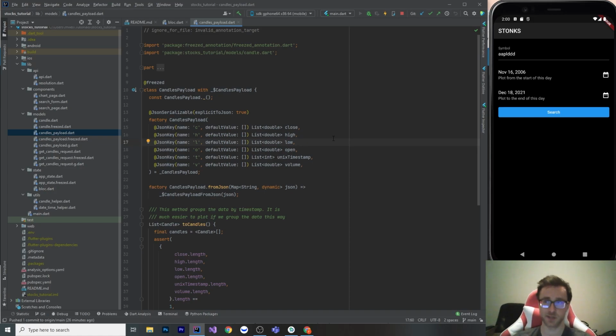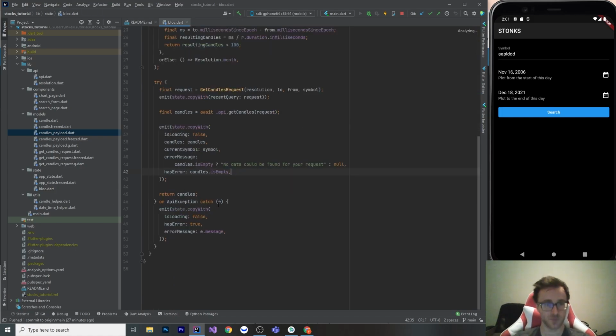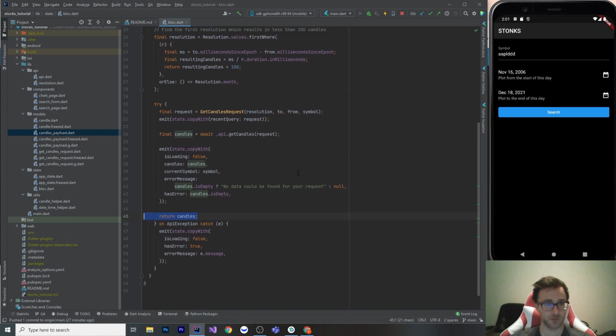So I still want that to parse into my model because I don't really like handling that kind of parsing crash. So I've just put this as a default value. This will pretty much parse anything into a candles payload, even if it has nothing, right? Because I have default values on everything. So I'm just handling the error in a different way. Instead of those being missing from the API and handling it there, I'm handling an error if everything is empty. And then we return candles